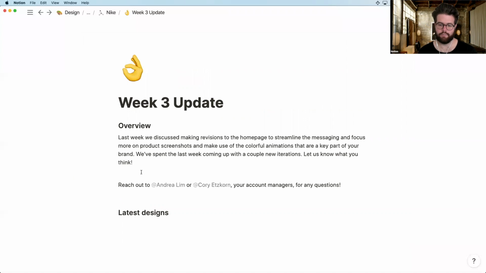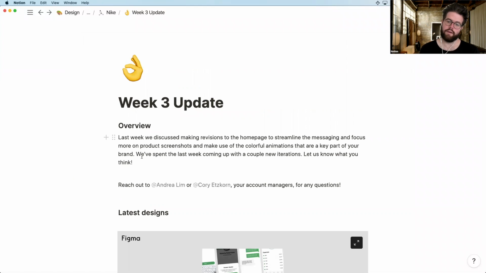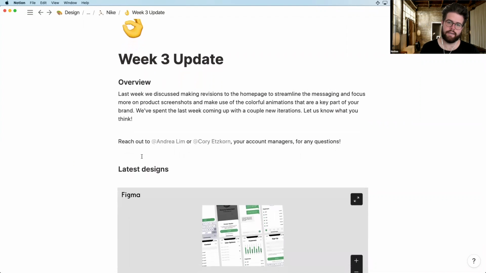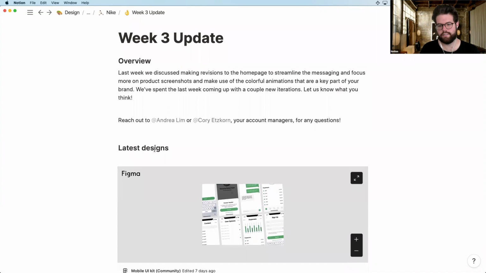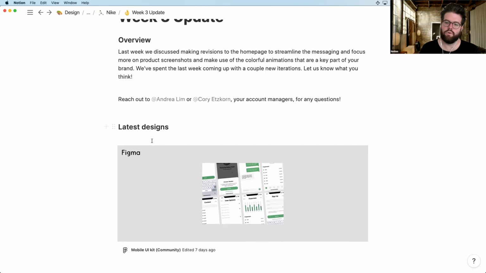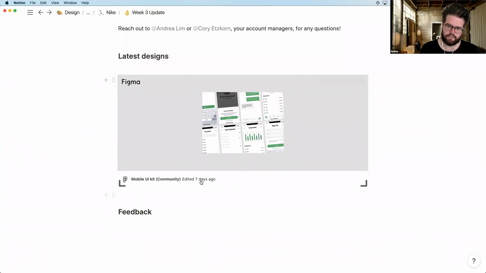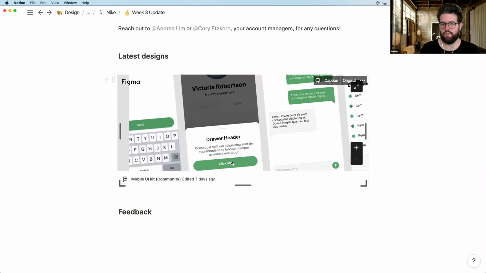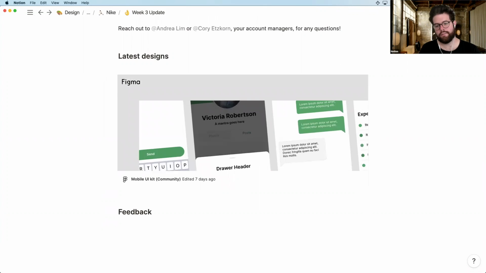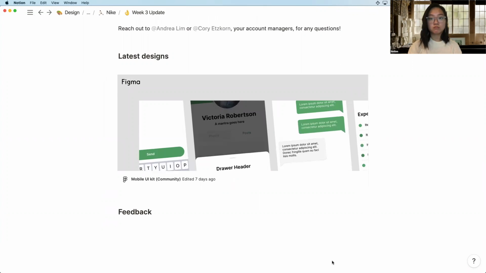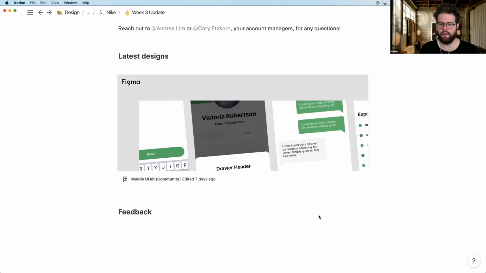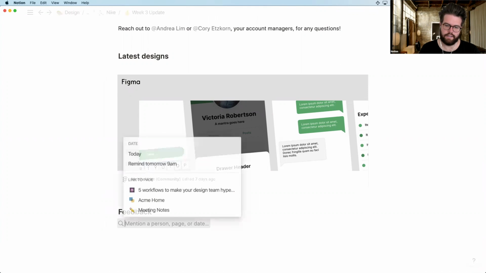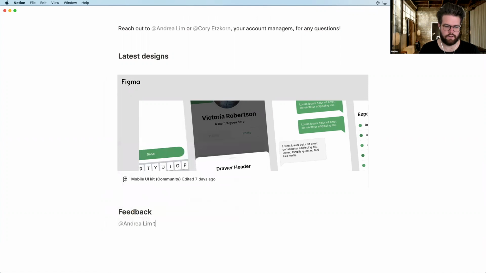And the way MetaLab has approached it is they're doing weekly updates. So every week they'll add a new page, and here's the week 3 update. And it's more than a page. It's not just a Google Doc. It's not just an email, because you're able to embed the real work you're doing. So they can actually put Figma prototypes inline, and it's a really nice way to hand off final deliverables to